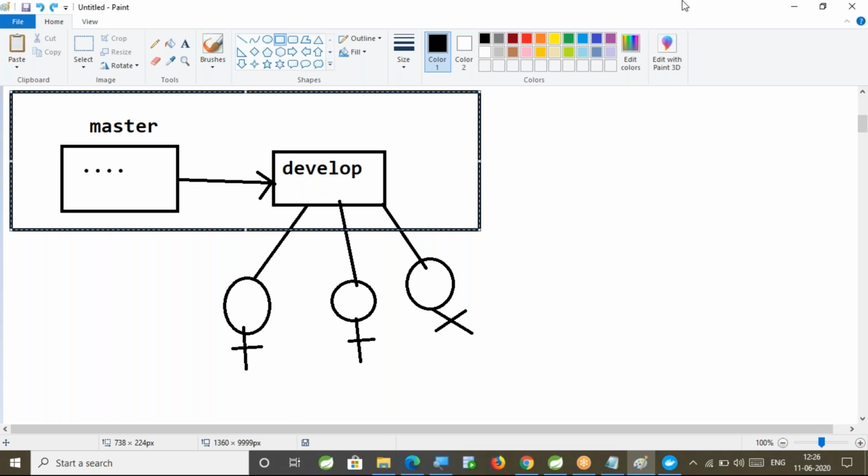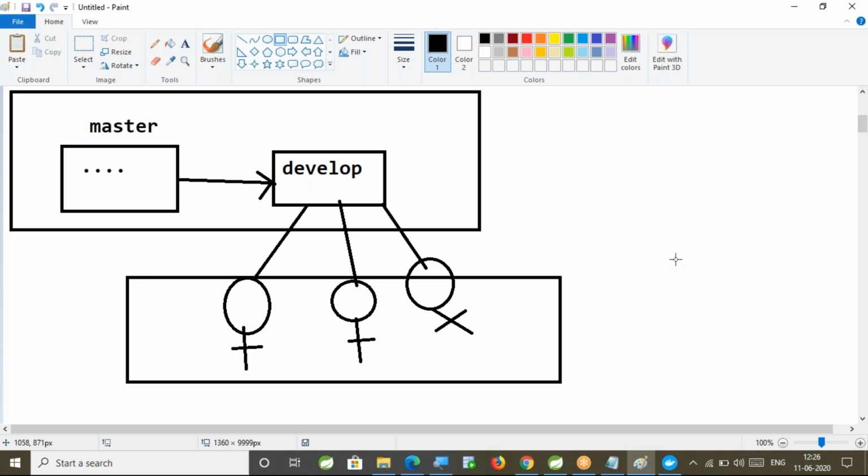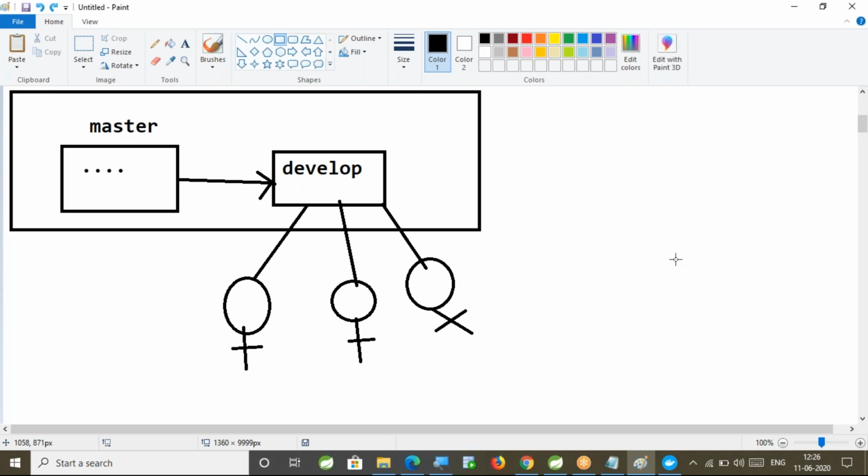Right now, sir, what is the guarantee my code will be pushed only to the develop branch and will not be pushed to the master branch? Let us experiment with that. Now, these three members are going to work on the development activities for release 7.3. Whatever code they write, they don't want to commit it to master. They want to commit it to the develop branch.